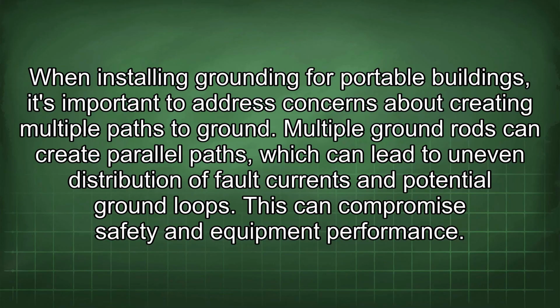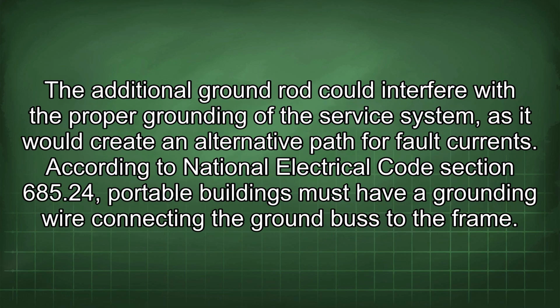When installing grounding for portable buildings, it's important to address concerns about creating multiple paths to ground. Multiple ground rods can create parallel paths, which can lead to uneven distribution of fault currents and potential ground loops. This can compromise safety and equipment performance. The additional ground rod could interfere with the proper grounding of the service system, as it would create an alternative